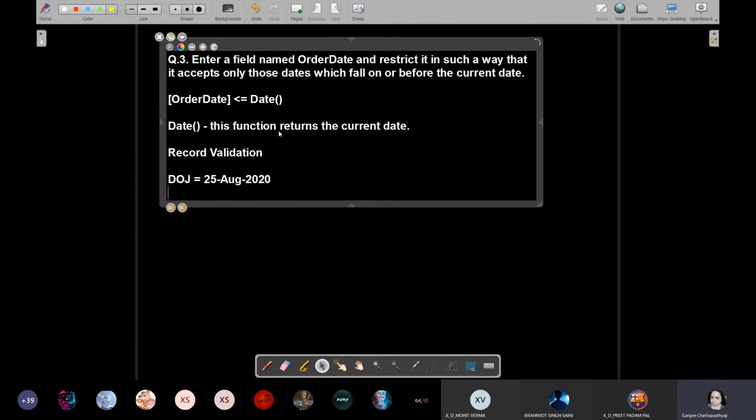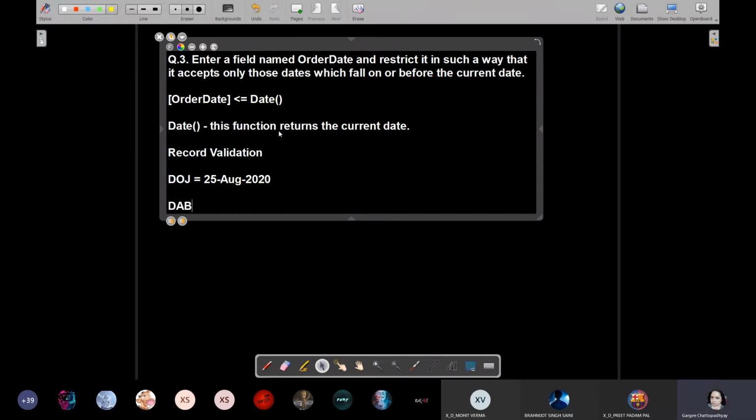This is the date of joining, and the data entry operator entered the date of birth as 19th February 2014. Is it possible? Only a 6-year-old employee in the company, is that possible?